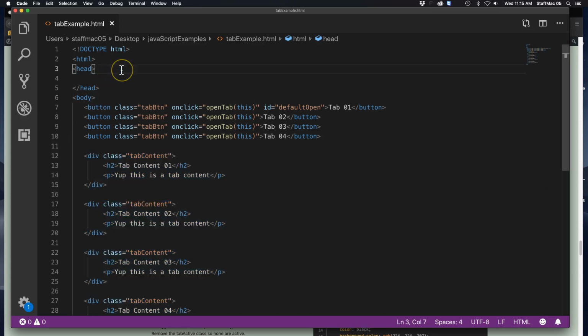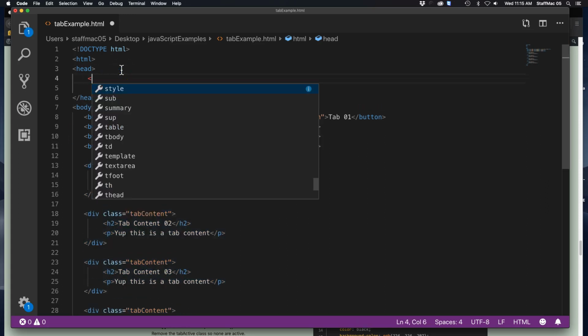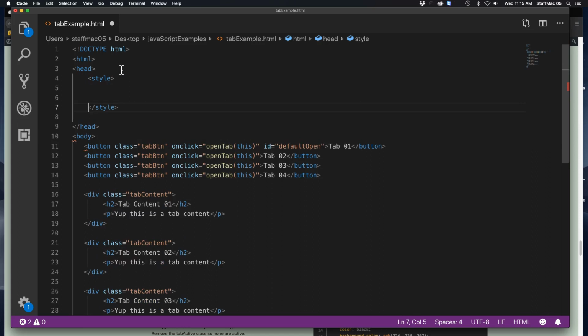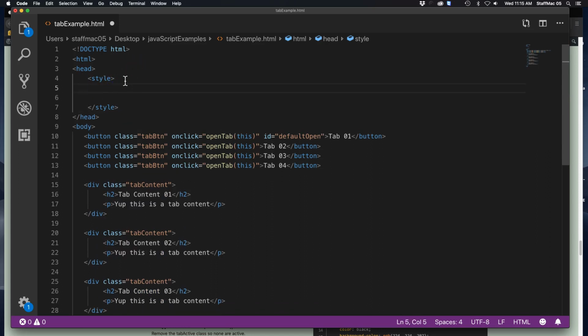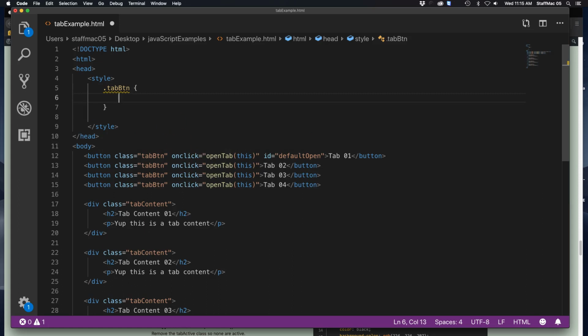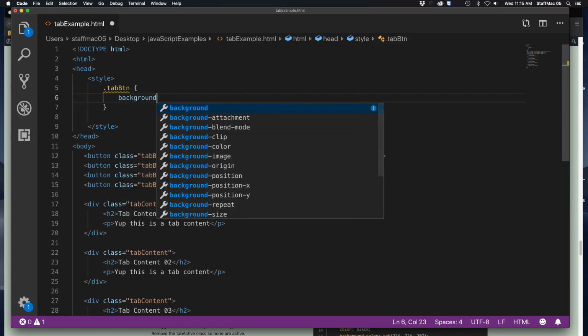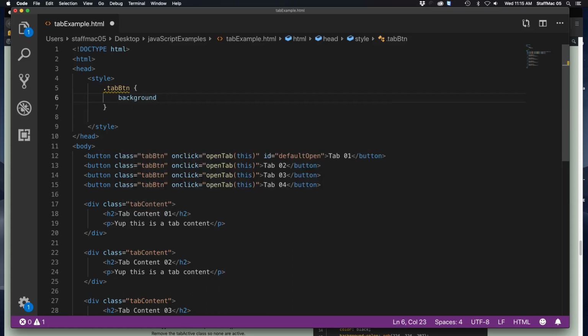All right, so in order to do that, again, these can be separate sheets, but I'm just going to go ahead and style. All right, and let's go ahead and delete that. All right, and so what we're going to do first is do one for the tab btn, so that thing that's going to hold this guy right here. Set tab button, and I'm just going to format it, and it's going to be background, oops, hyphen color,